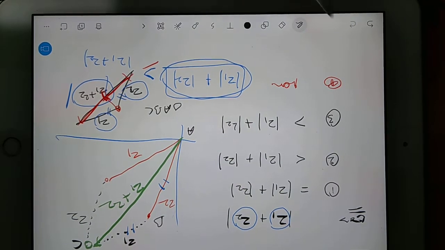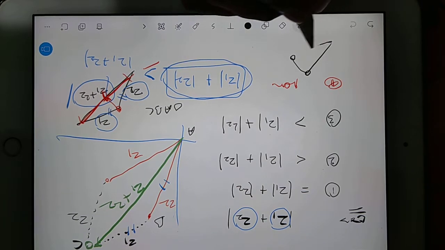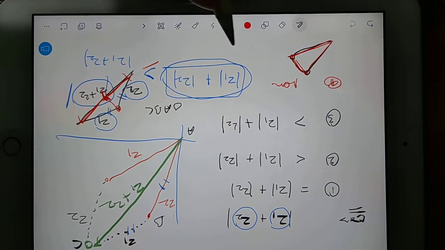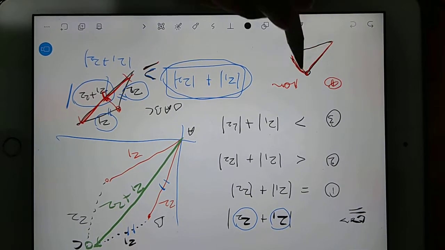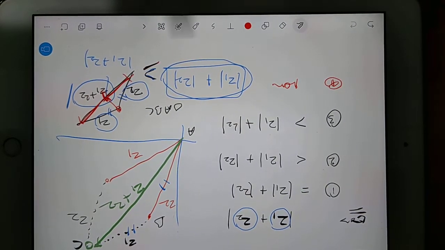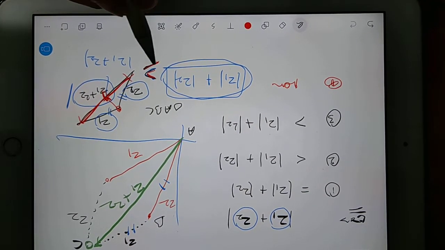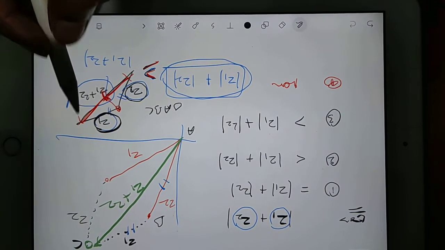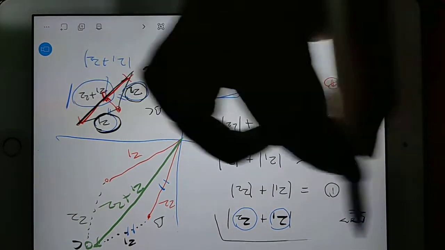Maybe you can have a situation like this. One vector is here and one is here, and they give exactly the same answer. So equal is also possible, and you should put the greater-than-or-equal sign. Just the opposite we can do if you go for the minus sign. If you are subtracting one side from another side, then of course that answer will be less than the third side. So consider this as the question.